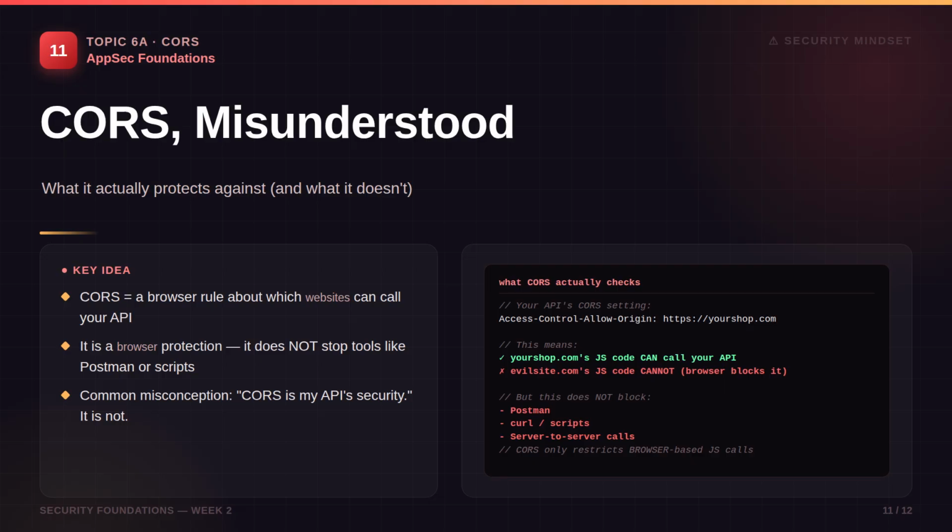How it actually works in depth. CORS, which stands for Cross-Origin Resource Sharing, is fundamentally a rule enforced by web browsers, specifically governing which website's own JavaScript code is allowed to make requests to your API directly from within a user's browser. Here's a concrete working example. Suppose your API explicitly sets a CORS configuration allowing requests only from https://yourshop.com. This setting means that JavaScript code running on yourshop.com, loaded inside a user's browser, is permitted to successfully call